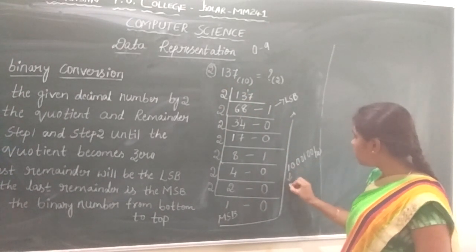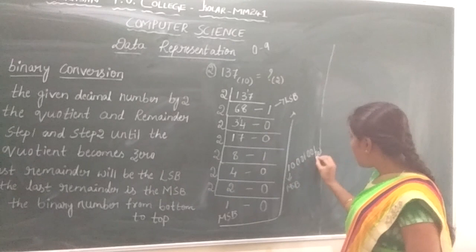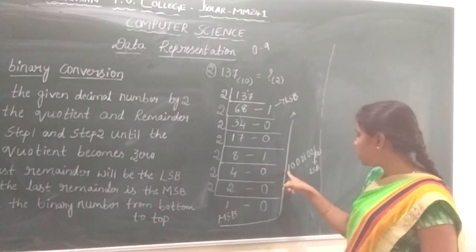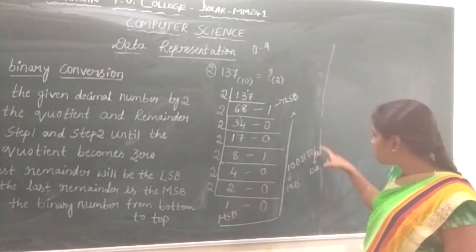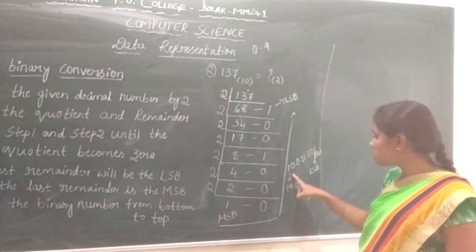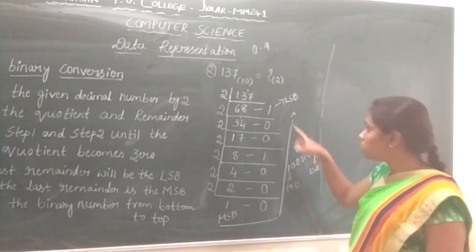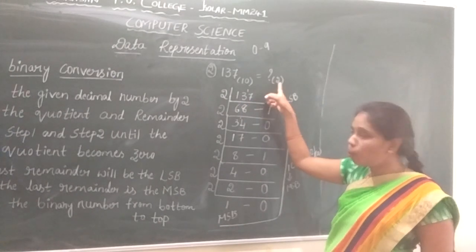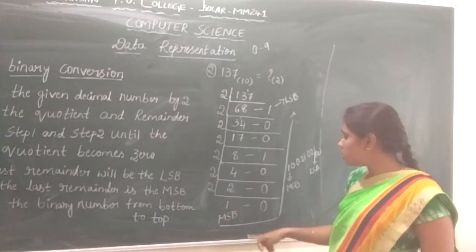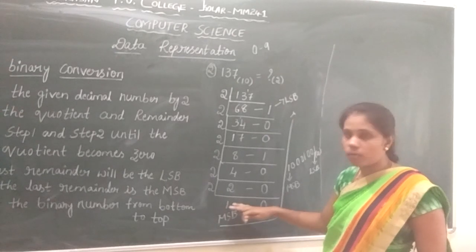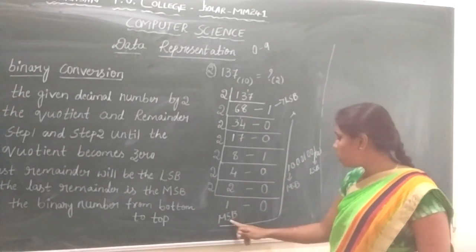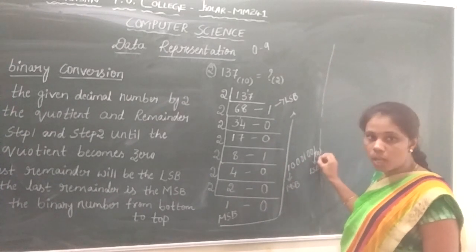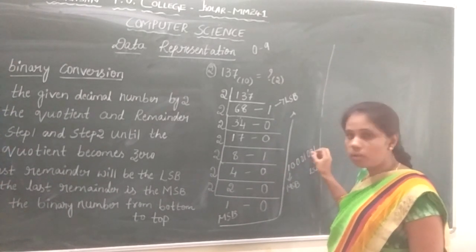So here this we call the MSB and this one we call the LSB. This is MSB because it has the most weightage, and this has the least weightage. So whatever the problem may be, you need to divide the decimal number by its new base value or destination value. You need to stop the process where the number cannot be divided by 2 further, write down the values from bottom to top, and mention the base value. The base value is compulsory, you need to write it.